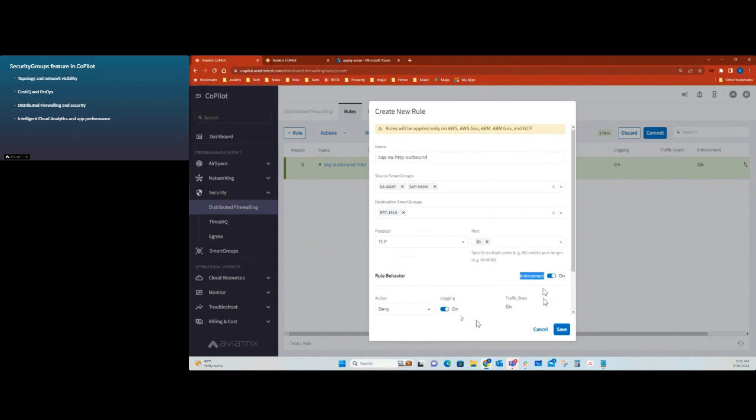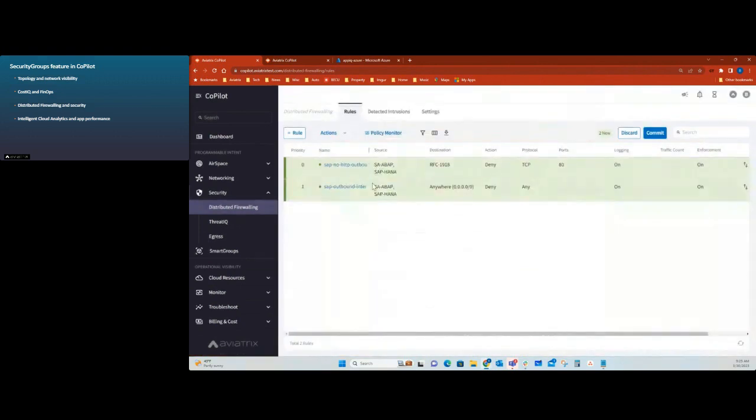Big has been explicit. We shouldn't have any kind of insecure traffic happening here. So I'm going to save that out. Now I've got the two rules I need to bring these workloads into compliance, and I'm going to commit them